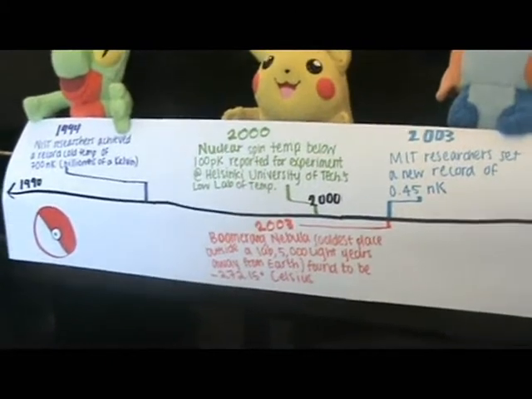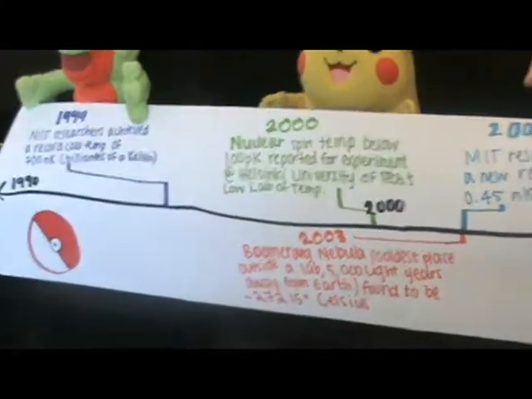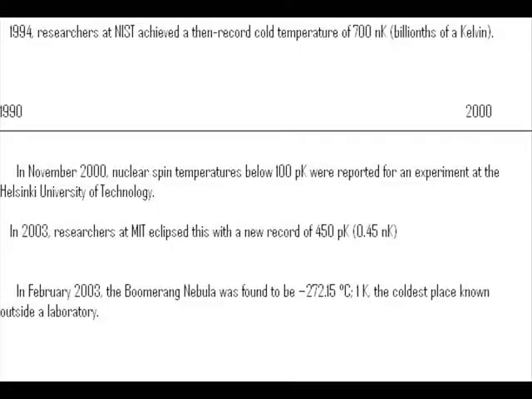In 1994, researchers at the National Institute of Science achieved a then-record cold temperature of 700 billionths of a Kelvin. In November 2000, nuclear spin temperatures below 100 pK were recorded for an experiment at the Helsinki University of Technology. And in 2003, MIT researchers eclipsed this with a new record of 0.45 nK. But finally, the coldest place outside of a laboratory was found at the Boomerang Nebula in February 2003, negative